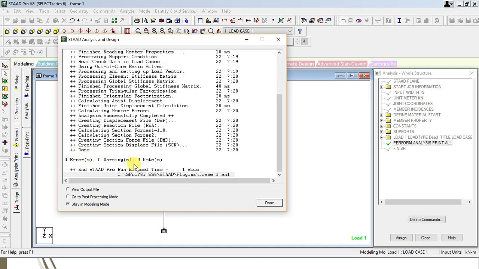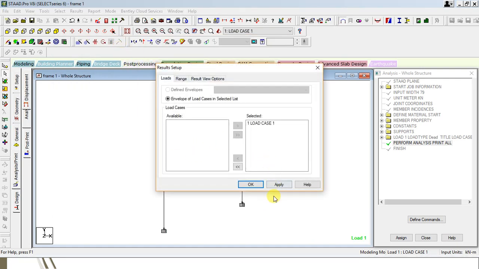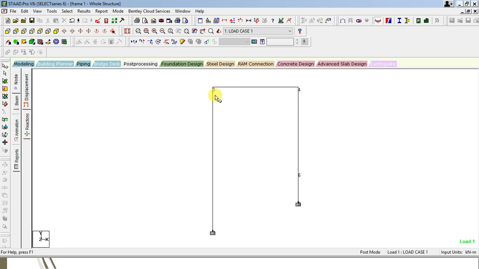Okay, so 0 errors, 0 warnings, done. Now let's go in the post processing mode. Now you can select here the deflection view, press the control. Okay, so here in this way the frame is deflected. Okay, then you can also see the